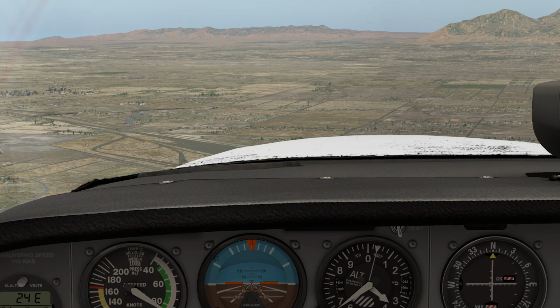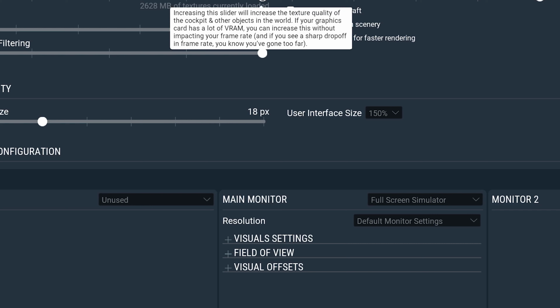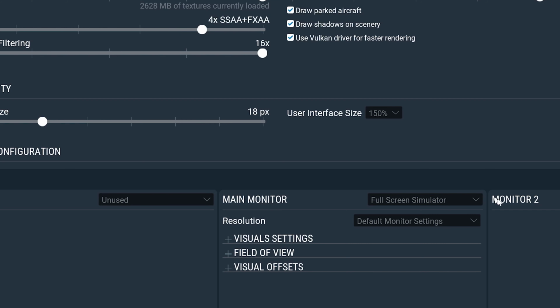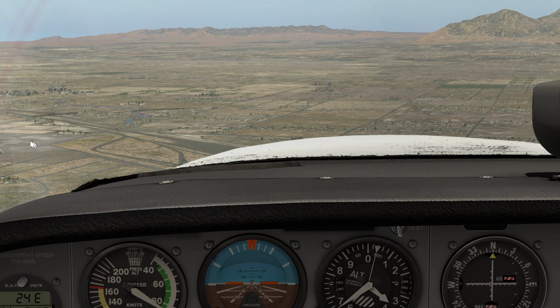All right, so now let's start playing with settings again. So let's see here. Now, I'm going to bump this back up, and what I'm looking for is a difference, really. Okay, so this is maximum. We're looking at sort of everything. I look at the edges, I look at shadowing, I look at colors. I look at objects out in the distance, the mountains, things like that, and then I'm going to look for